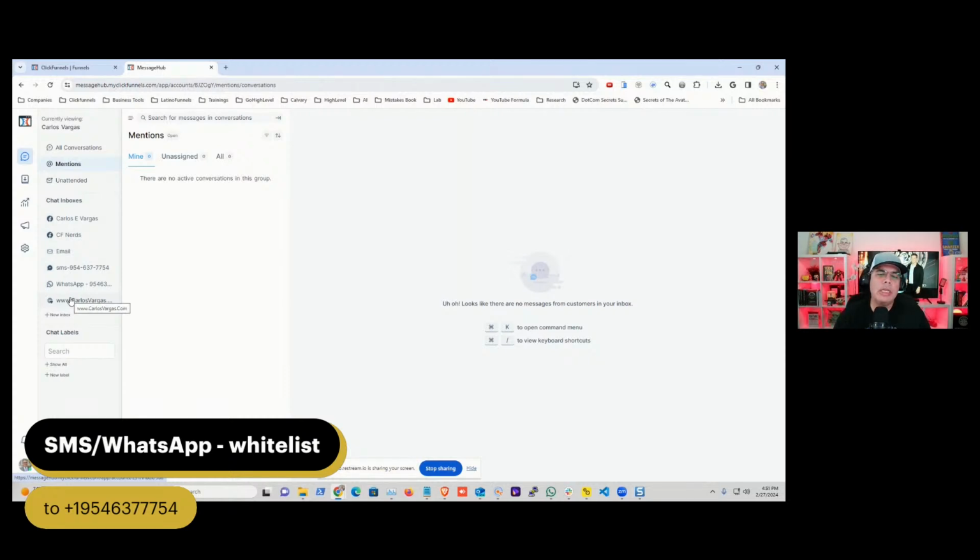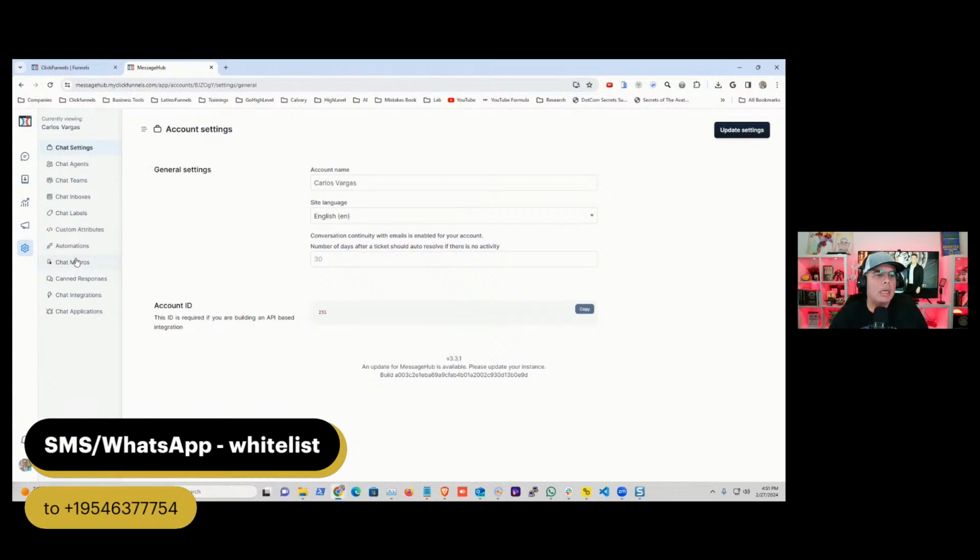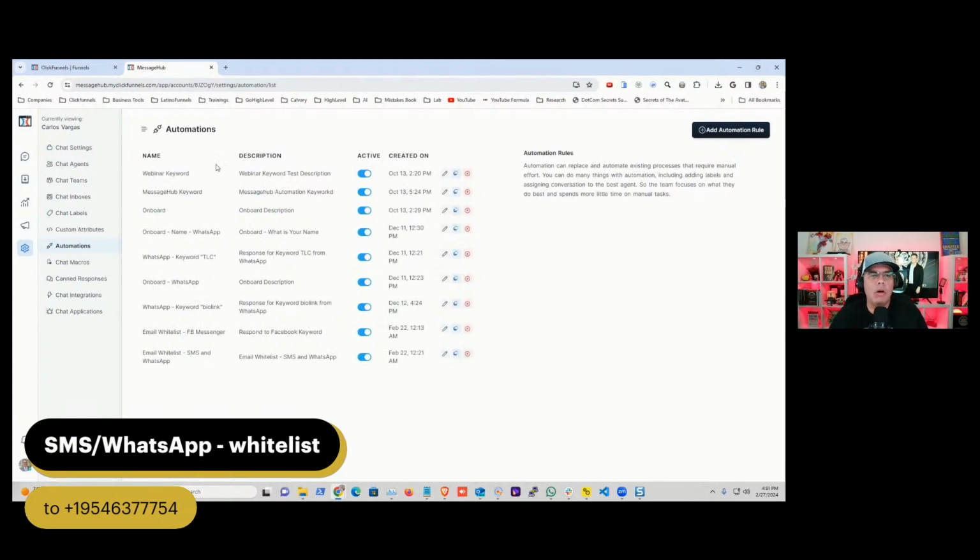And the first thing that I want to do is go to the chat settings. And in here, I want to go into automations. And in automations is where you're going to decide what you want to do. So let me give you an example. I'm going to show it to you, and then we're going to create one together. So in here, the one that I have for the whitelisting,